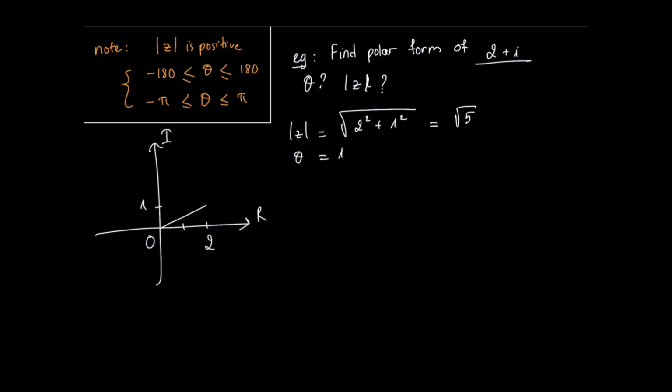And next, for the argument, again, imagining this as a triangle, we can use trigonometry. In the question itself, we already have the value for our adjacent side and opposite side of our so-called triangle. And so we'll have the argument equal to tan minus 1 of 1 over 2, which is equal to, if you plug it into the calculator, you will have